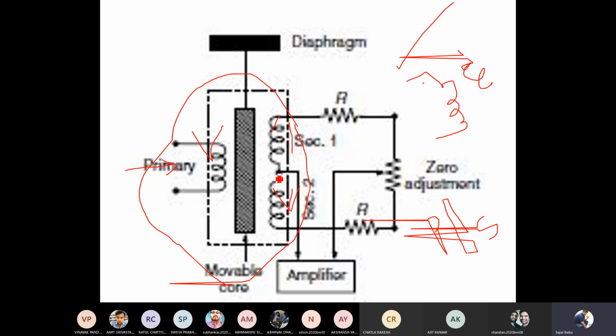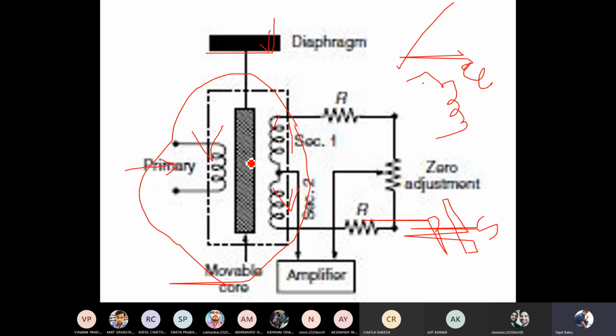Okay, so now let us consider this diaphragm is moving in the downward direction. Whenever this diaphragm is moving downward, this will move this movable core also downward, right? As you can see, initially it is exactly in the middle, and it is able to transfer the flux from the core to this winding and this winding, right? So because of that both the EMFs are equal and the output voltage is zero. But